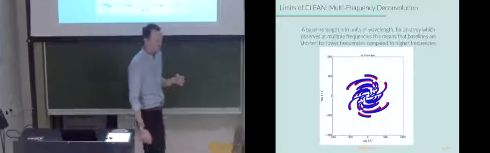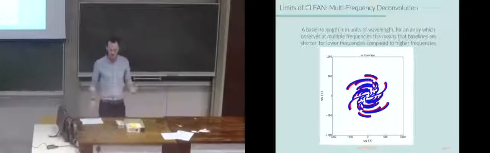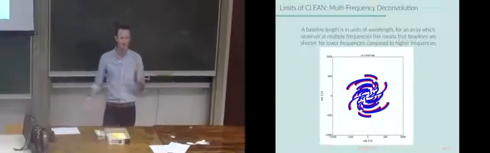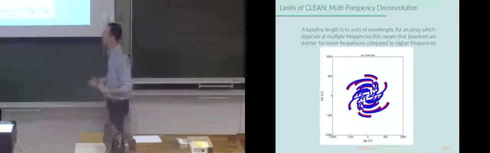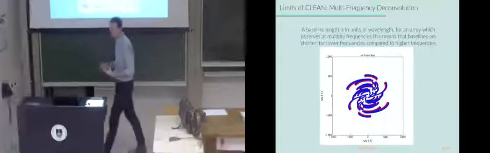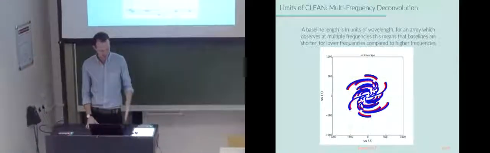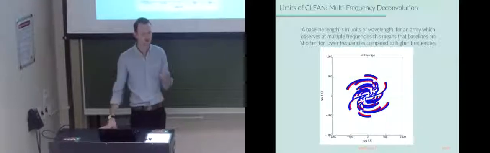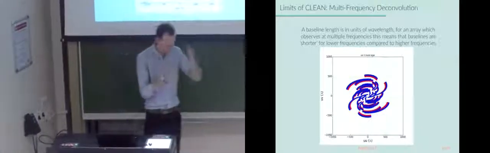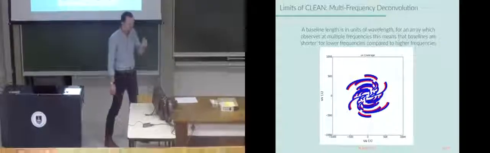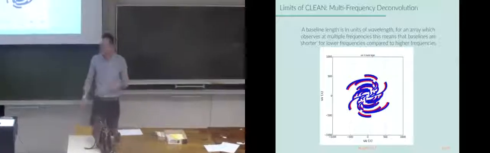But as you're probably aware, sources have spectral indices, and so at different frequencies they have different fluxes. They might have different shapes and different structures. So even though we've only been talking about single frequency, a single flux, single frequency sky model, we don't have to care about the spectral index. If we want to cover some significant bandwidth, we have to take that into effect.